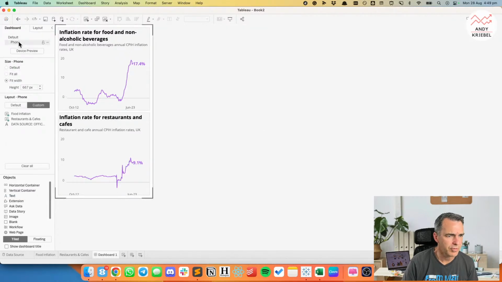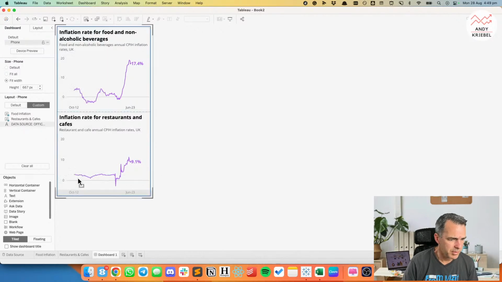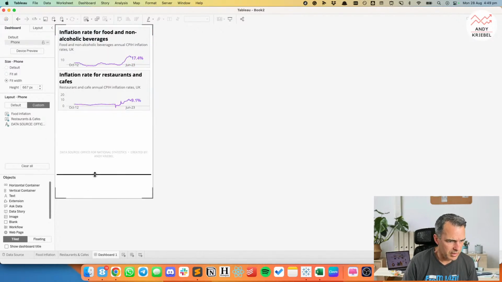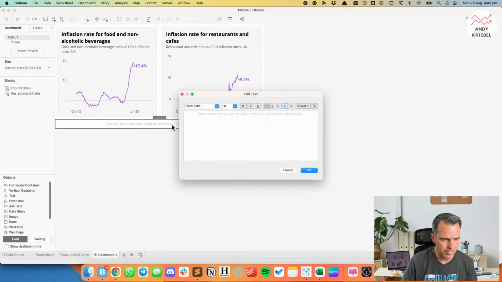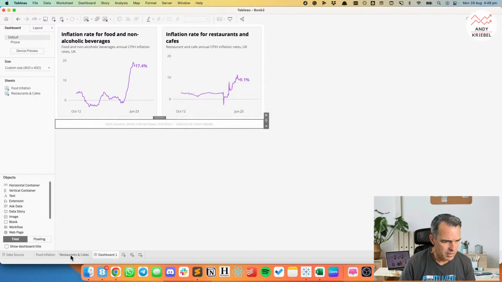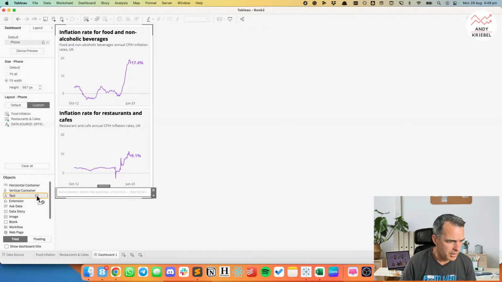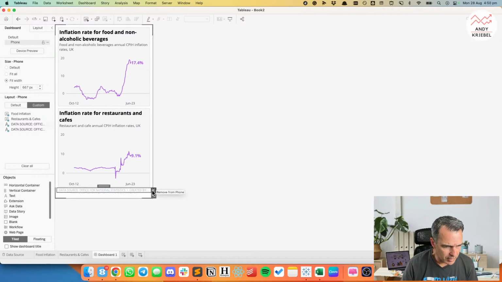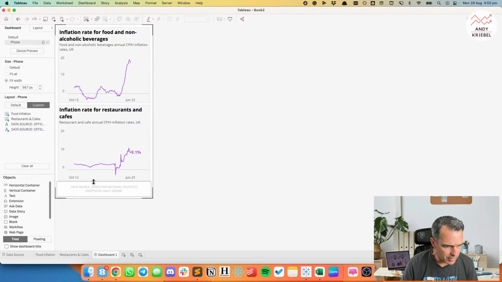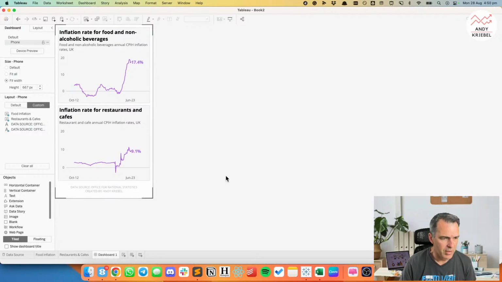And then now if I go back to my phone view and double check how this looks, I need to put my text object in here and drag that down. Okay, so that didn't quite work out, did it? So I need to grab my phone, drag in a text object, paste that in. That one, and let's drag this one up a bit. Okay, there we go, something like that.